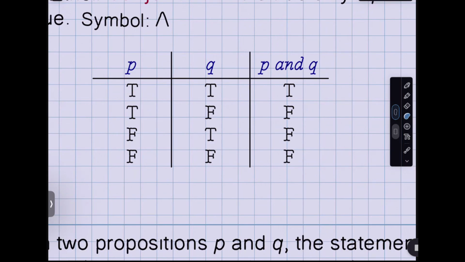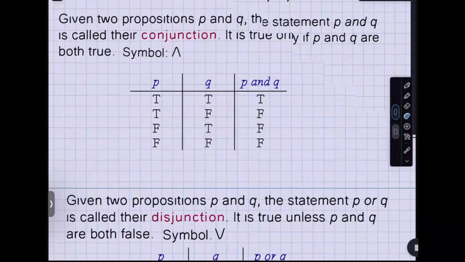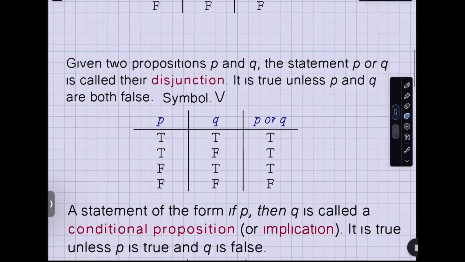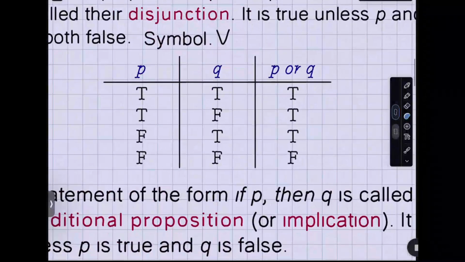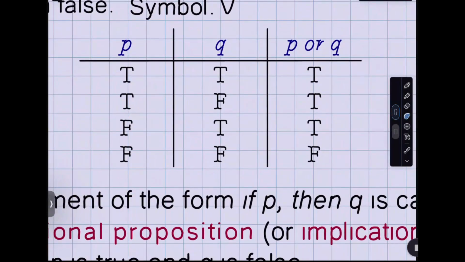But with an or, it's different. That's a disjunction, right? If you said, hey, I'm going to have dinner or I'm going to go to the movies, the only time you're lying is if you don't do either one of those, right? If you didn't go to dinner, you didn't go to the movie, you went to a party, you're still lying. Make sense? But if you did one or the other,